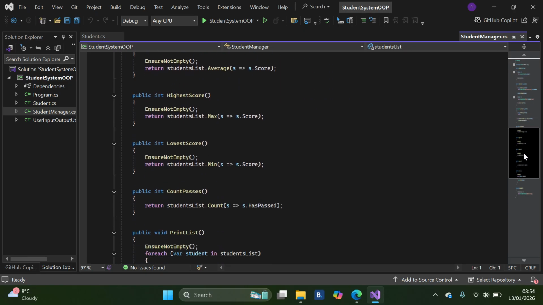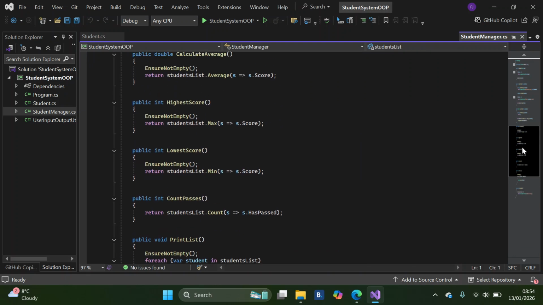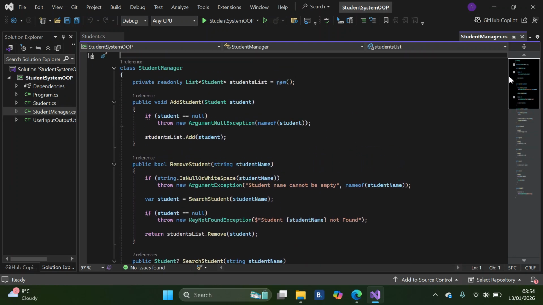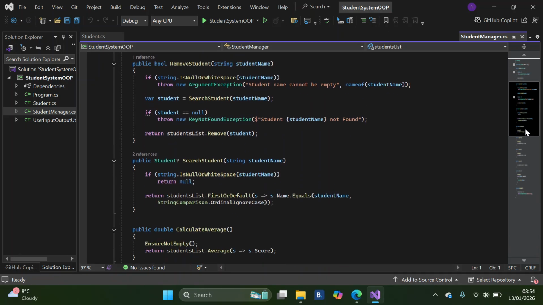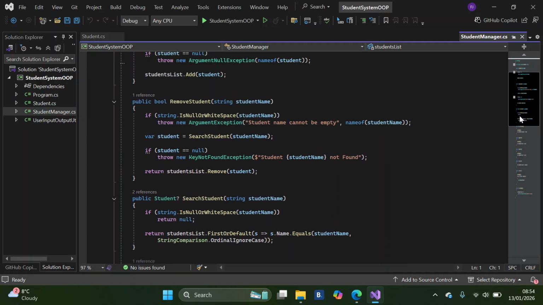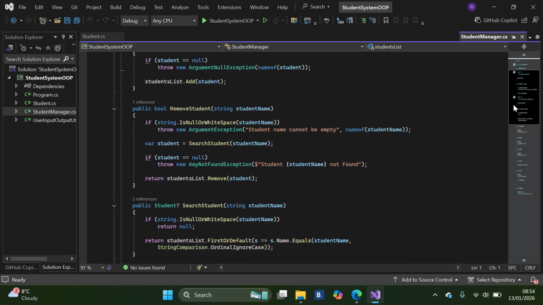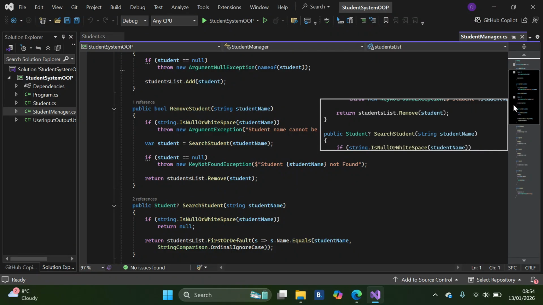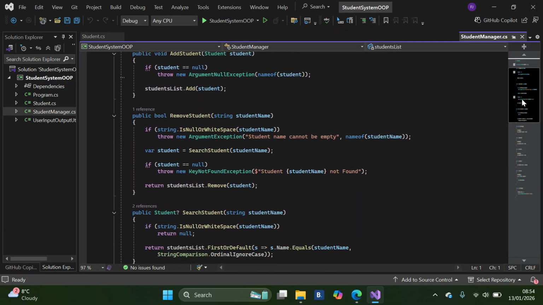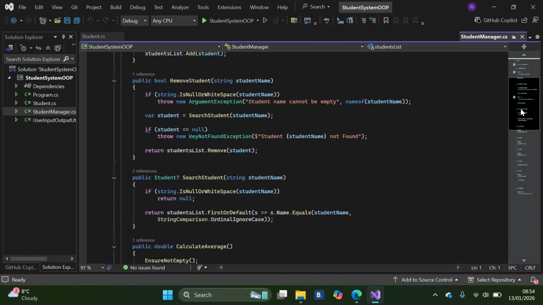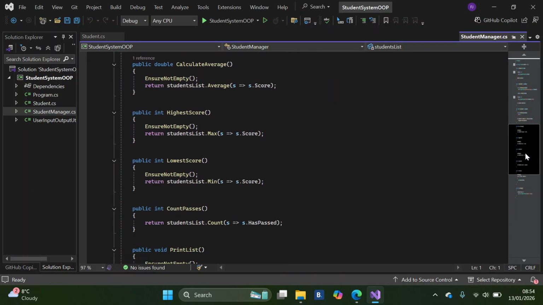There's no segregation of concern, no interface segregation here, because the add students, the remove students, search students, these three methods have nothing to do with the filing system, like the storage system. It has everything to do with the storage system, but as you can see now, we